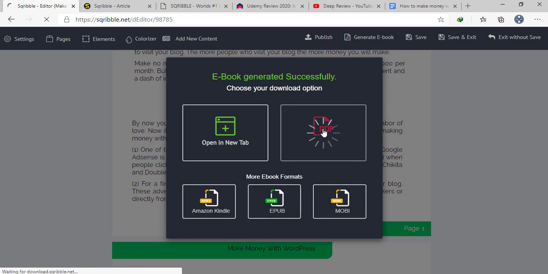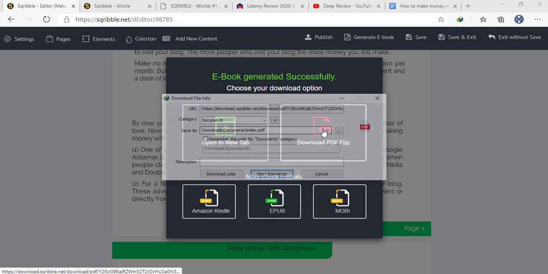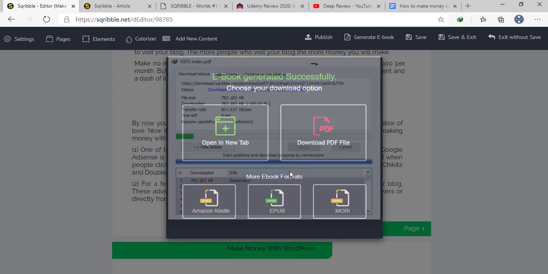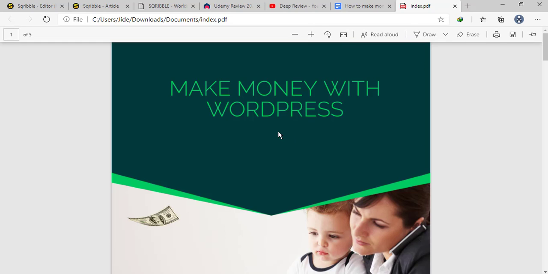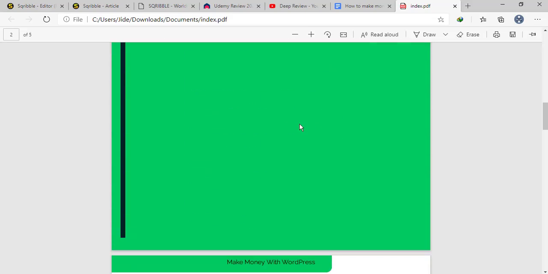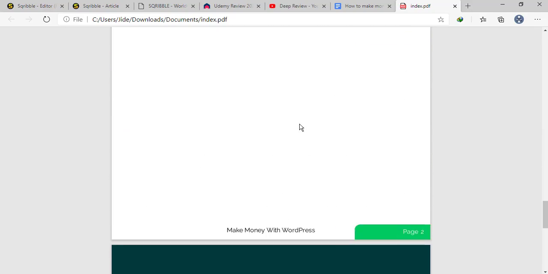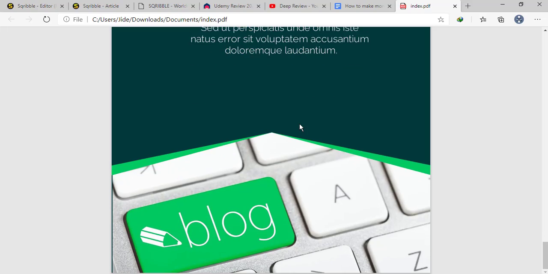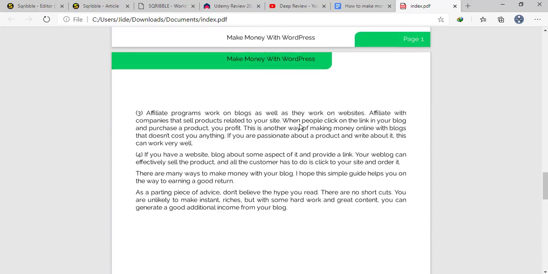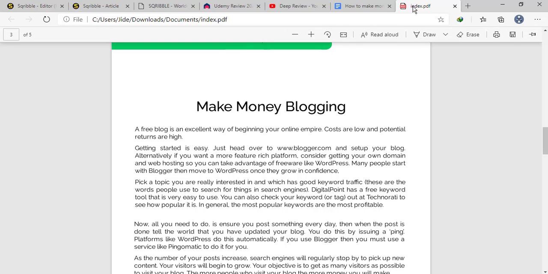So once I download my ebook, it's really nice. So very good. I downloaded the ebook, and this is my ebook. So I can sell this ebook. I can use it on my website for a lead page, a lead magnet. I can use it for basically anything. But